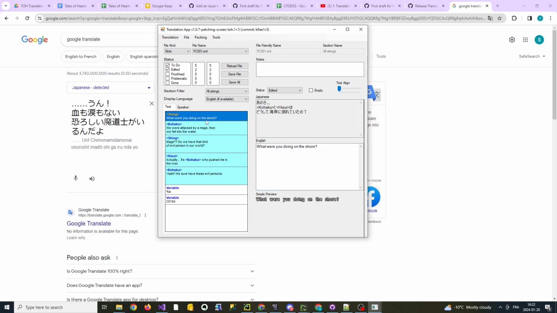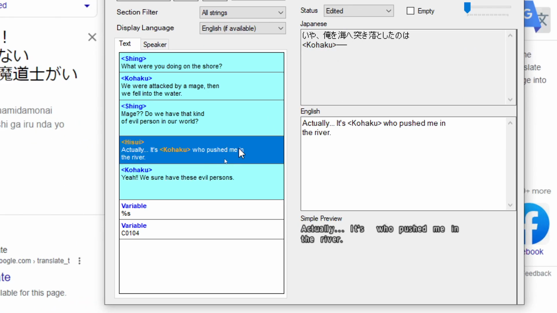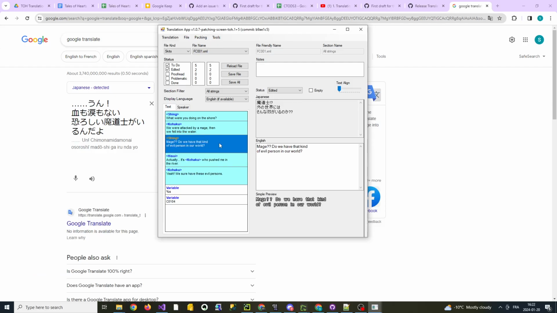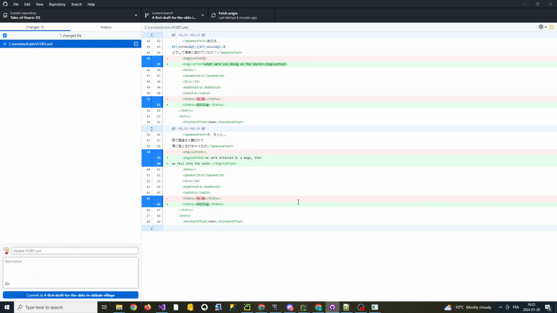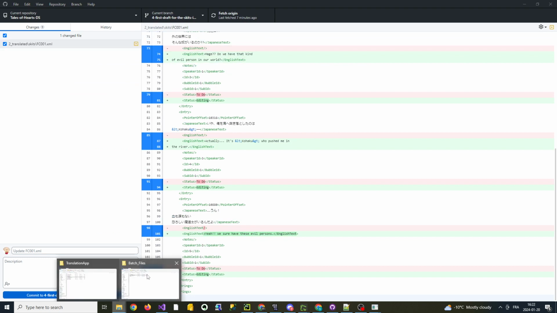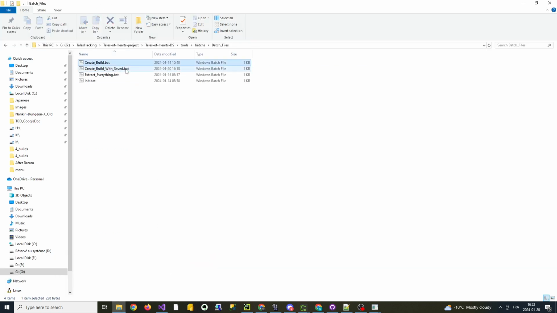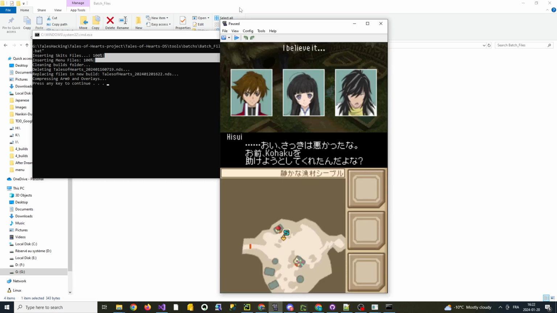So we have finished the skit. Now, you see here, maybe this push me in might be outside the screen. This one was barely fitting. That's why we need to test our translation. So we hit save. Our XML file is now updated with all of this. We can trigger again the batch file. This will generate a new build, 1622. So we can already go here and open